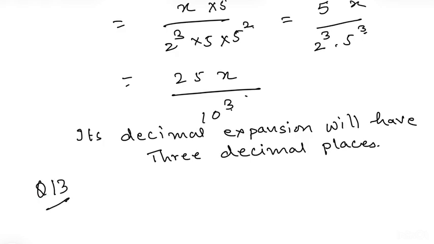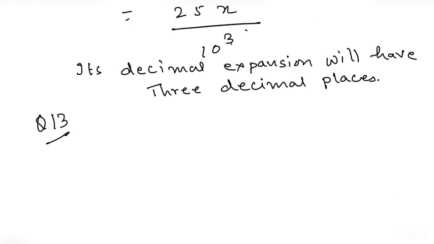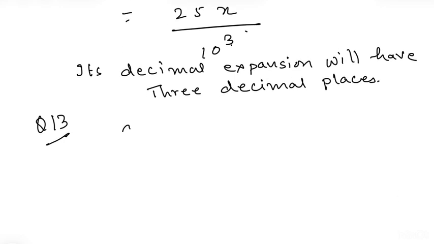Now next question is question number 13. Very easy but looking very difficult. Try to understand each and every point. Now he is saying A is equal to 7/12, B is equal to 5/6. First part is express both A and B in the form